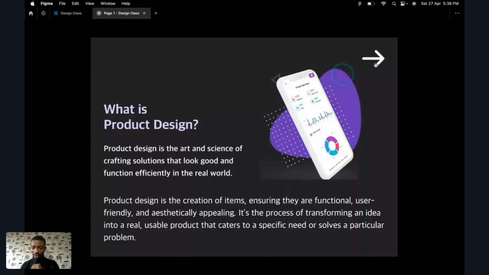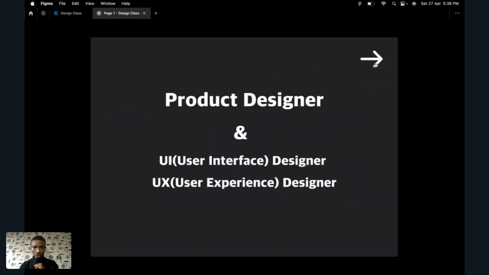That aside, let's move to the next one. So, product designer and UI, UX. UI, of course, is user interface. UX is user experience. And people that actually do the act of designing UI, we call them UI designers. And those who are in the area of user experience, we call them user experience designers. Then we have the product designer, in the umbrella over both user interface and UX, because at this part, a product designer,